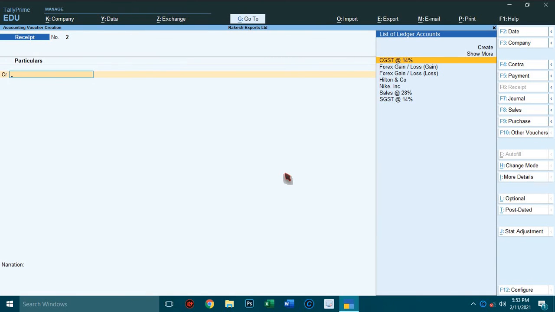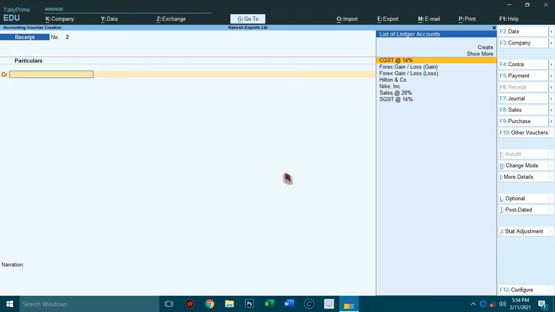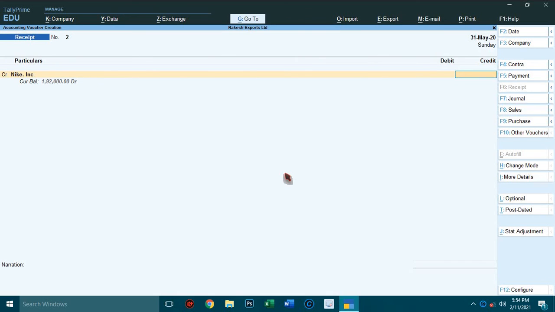Okay. So just assume Nike Incorporation, they are going to pay 31st June. Change the date, press F2, 31.5. Select Nike Company. The invoice amount is $2,560.